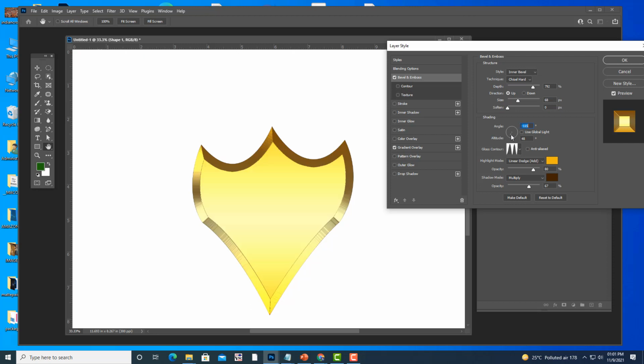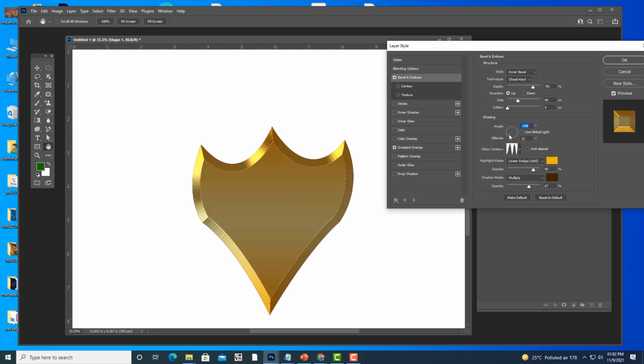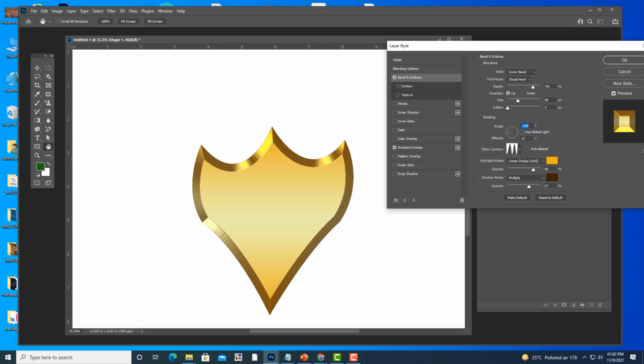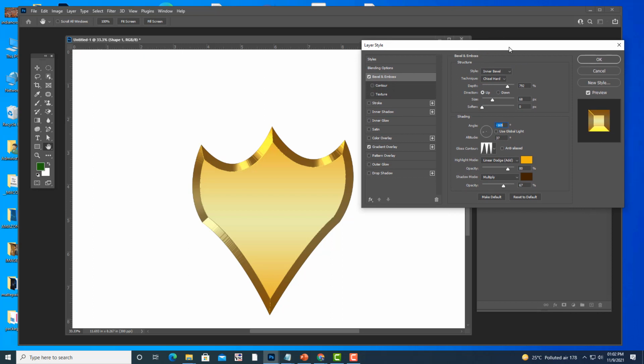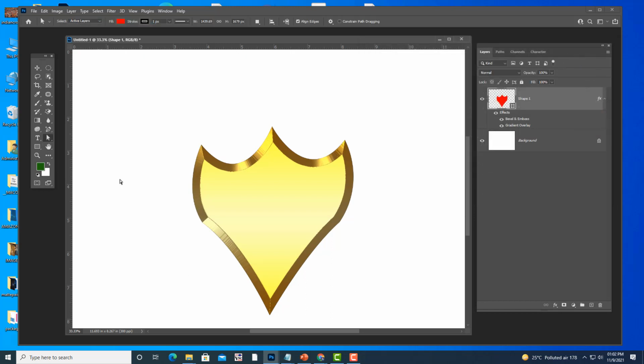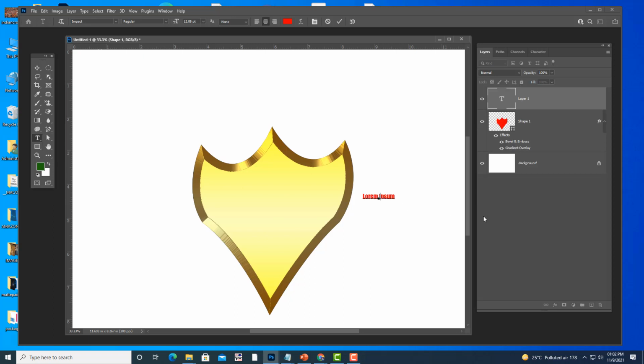You can get different combinations. This is looking nice. Then what you can do is put text here. Let us say this is a shield, so we can create a silver text. You can just say yes here.